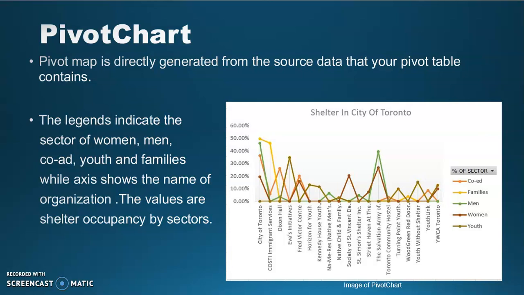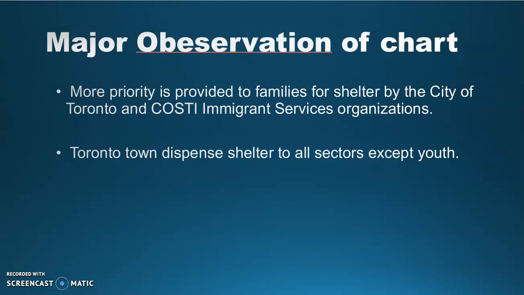We can observe many things from this chart, but some of the major observations are here. I observed that Coastal Immigration Service and City of Toronto organizations give more priority to families for shelter, and the Toronto town dispenses shelter to all the sectors such as men, women, and so on,